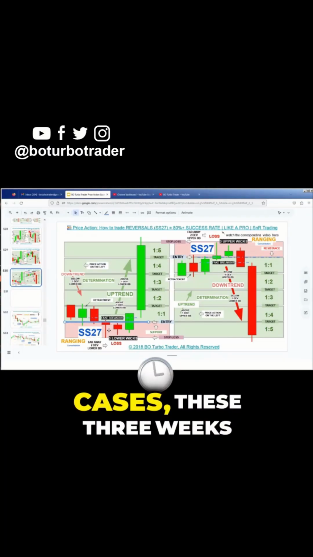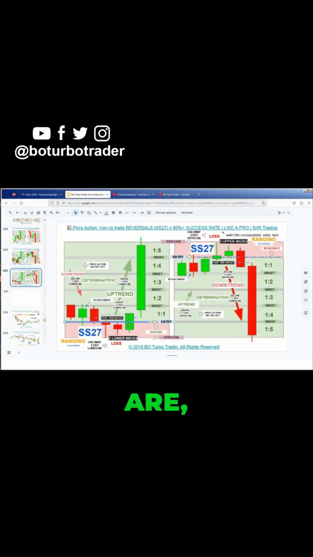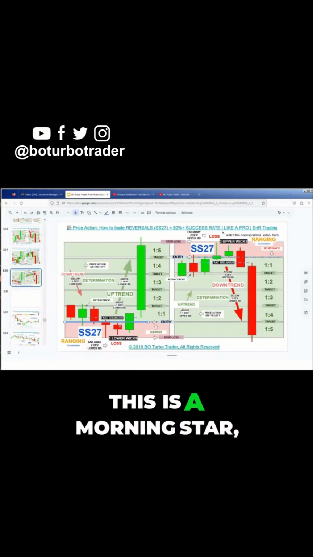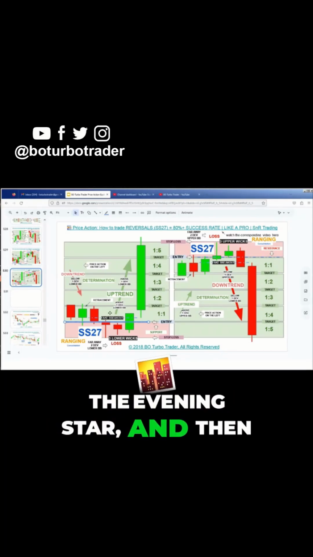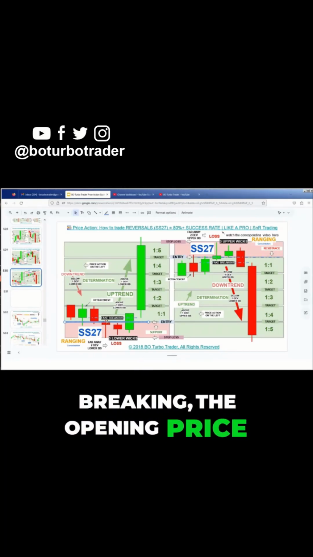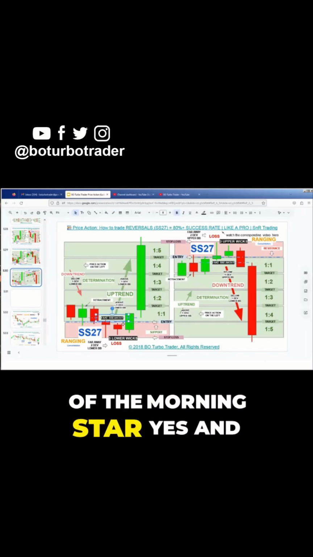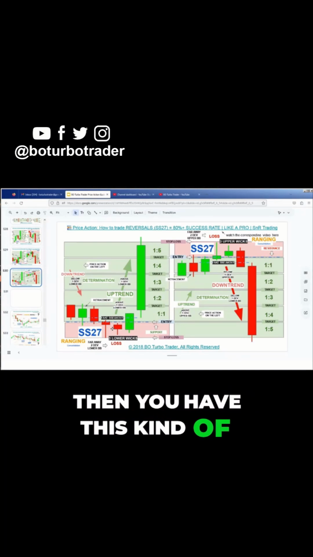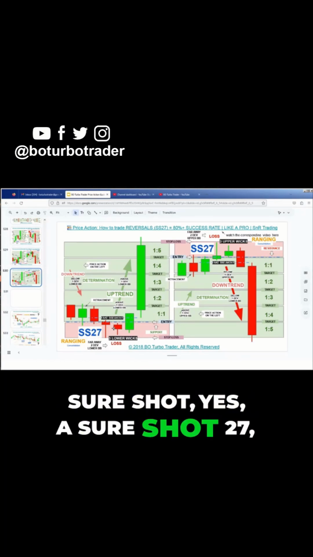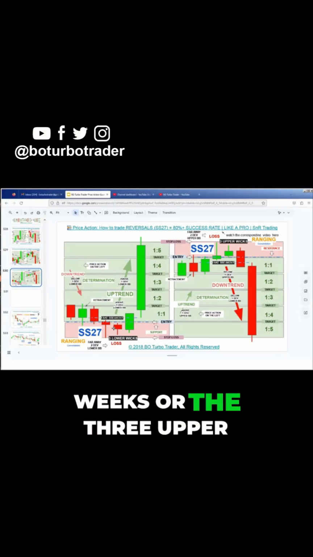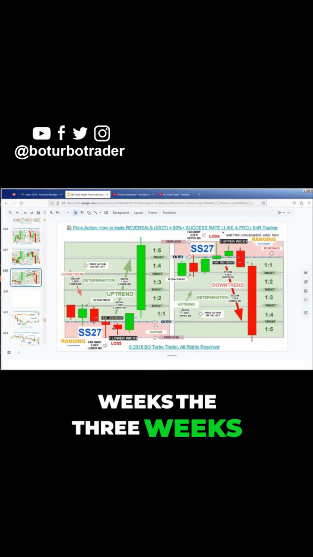in many cases these 3 wicks are obviously then also a morning star. Yes, this is a morning star, this is the evening star, and then when this candlestick is breaking the opening price of the morning star, yes, and creating the fake breakout, then you have this kind of sure shot, yes, the sure shot 27, which is the 3 lower wicks or the 3 upper wicks, the 3 wicks one, yes,